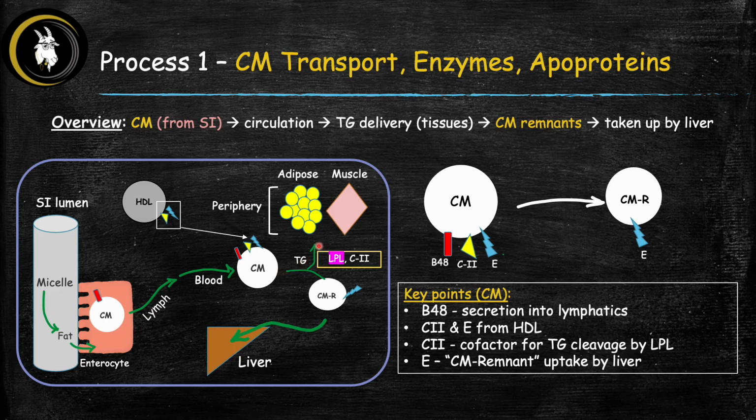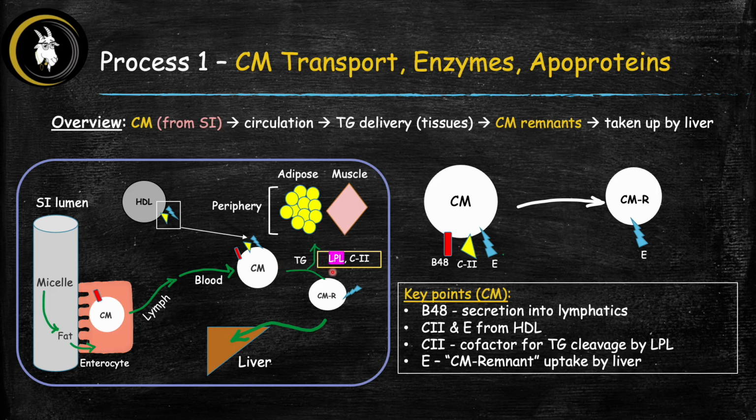The chylomicrons are now in the peripheral tissue. And remember, the triglycerides are going to be taken off the chylomicrons and delivered in the periphery to the adipocytes and muscle cells. And the way that this happens is by an enzyme called lipoprotein lipase. So LPL stands for lipoprotein lipase. And this enzyme requires ApoC2 as the cofactor for it. So ApoC2 is the cofactor for lipoprotein lipase, which is the enzyme that is important for cleaving triglycerides off of